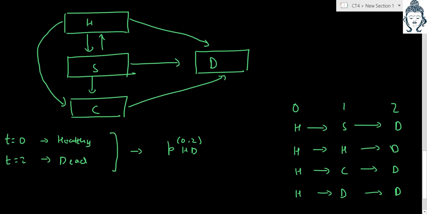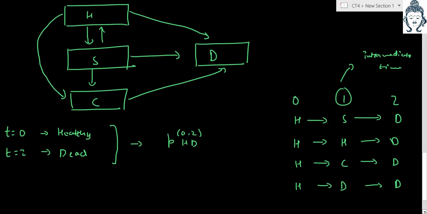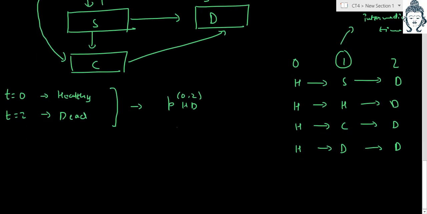So if I want the probability of getting from healthy to dead, at the intermediate time, 1 is the intermediate time, he can either be sick, healthy, critically ill or dead. And the first and the final outcomes are already given. We want the probability of those. So this probability can be written as,